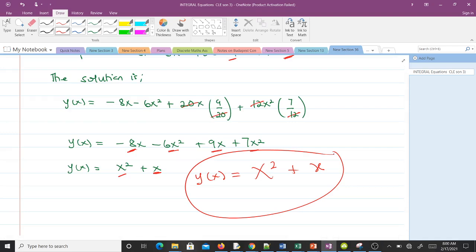So yes, this is how we solve an integral equation, a Fredholm's integral equation, when the kernel is degenerate. Okay, it has some similarities with when the kernel is separable. The only distinction is that for when the kernel was separable, we only find for one c, but here we find for different c's depending on the term that we have. Okay,